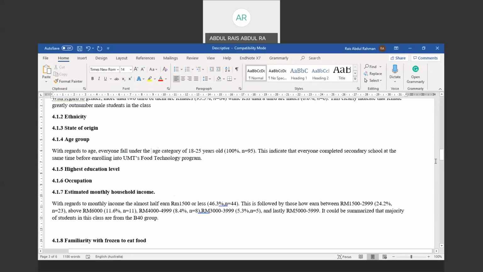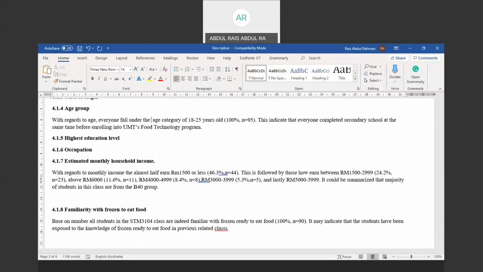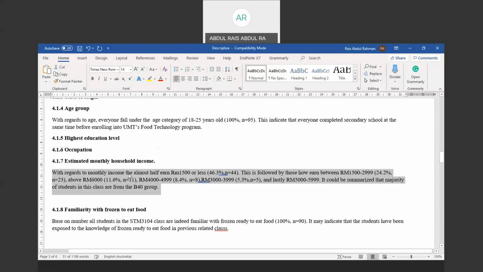Another example. I think I forgot to edit this one. This is actually data from the PMP group too, but never mind, you can apply it. So, how is this written? With regards to the monthly income, almost half earn such and such. It is followed by the second group, the highest, third group, fourth group, fifth group, and the lowest. So based on the data from PMP, it could be summarized that the majority of the students in the class are from the B40 groups. Okay. If we compare to this class,